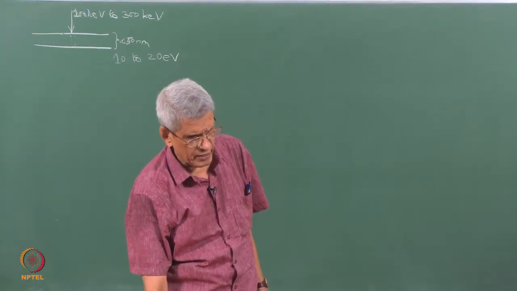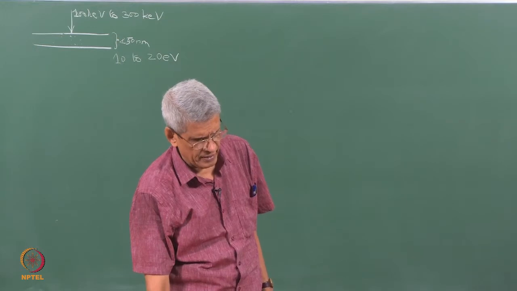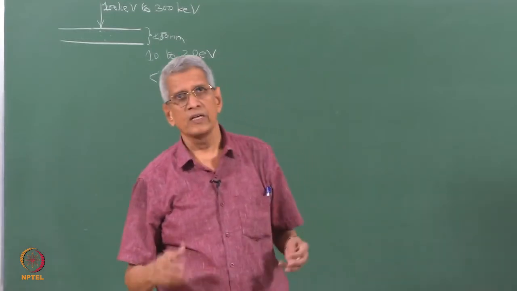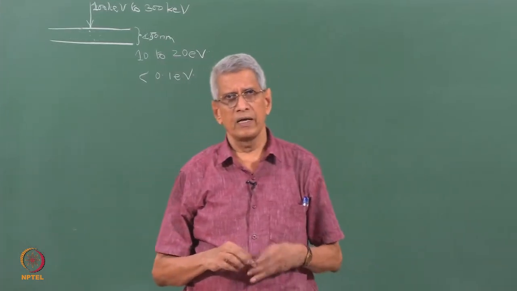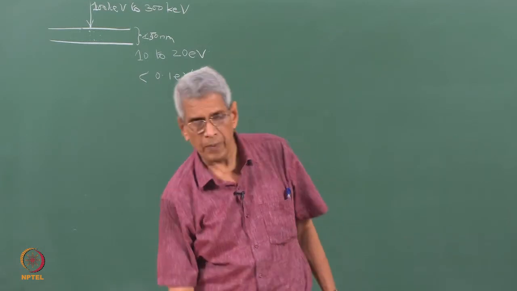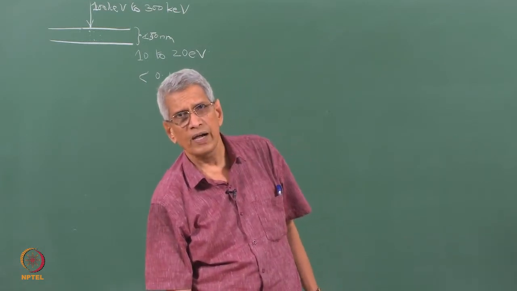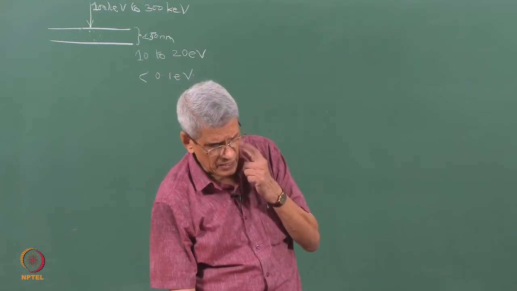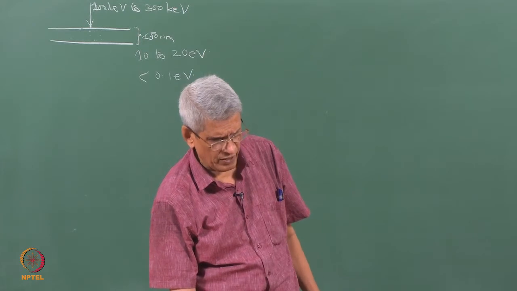The other way in which the electron loses energy is by phonon scattering. That is imparting some energy to atoms which are vibrating, but the energy of these phonons is of the order of less than 0.1 electron volt. So this energy difference is normally not easy to measure in a microscope, and when we have 100 or 200 keV electrons, this sort of energy loss is not going to make much of a difference.